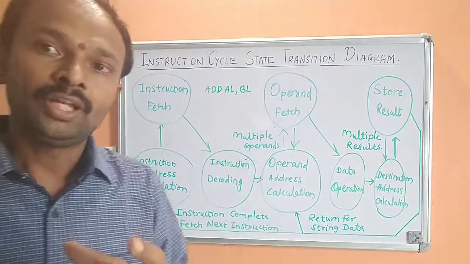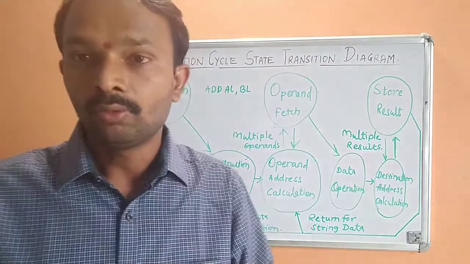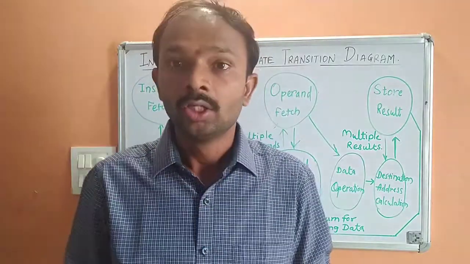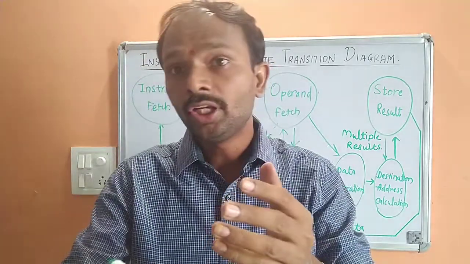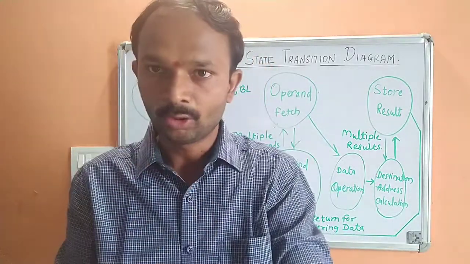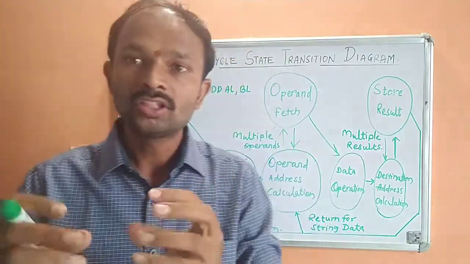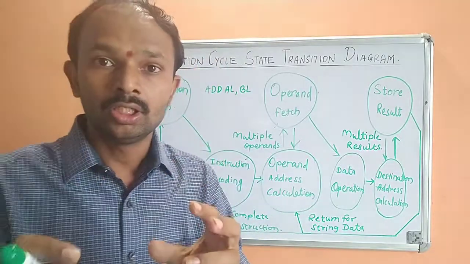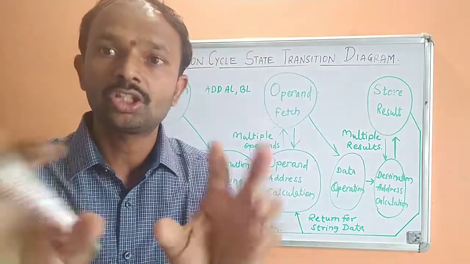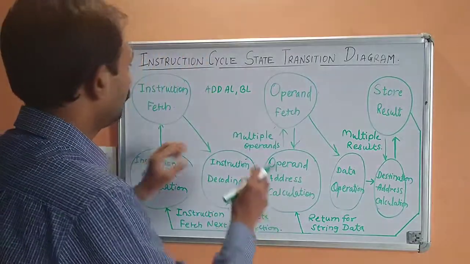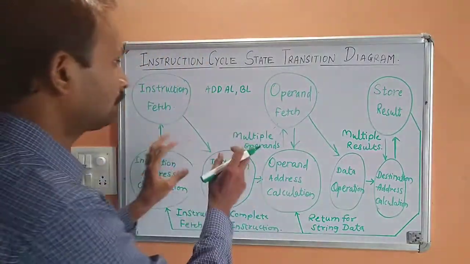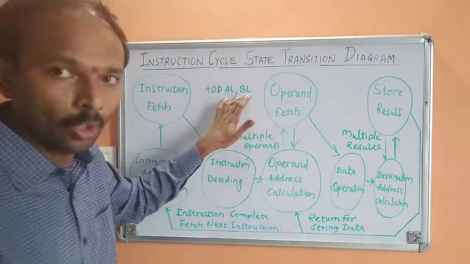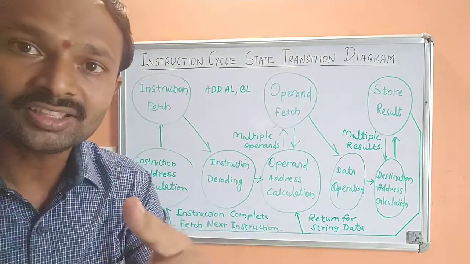Now we know that whenever we are doing any activity, the required data for that activity is available inside the memory system. So to perform that activity we need to take the data from the memory into the processor and process that data. Once we finish the process we will get the result, and in a similar fashion the same things happen with instructions also. So in this particular diagram I will explain that part in detail, that this is the instruction and these are the operands. So let us start from the first step of the instruction